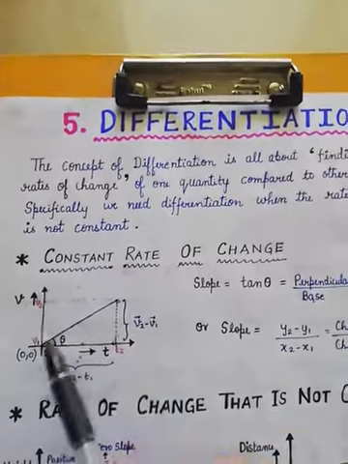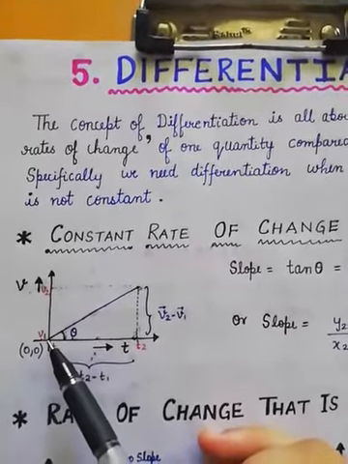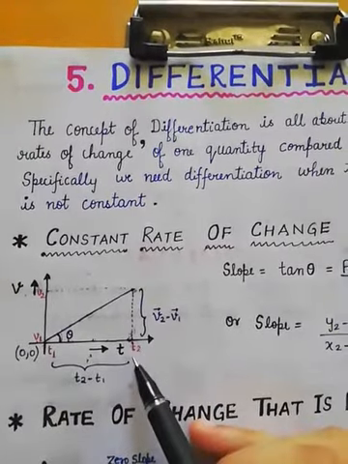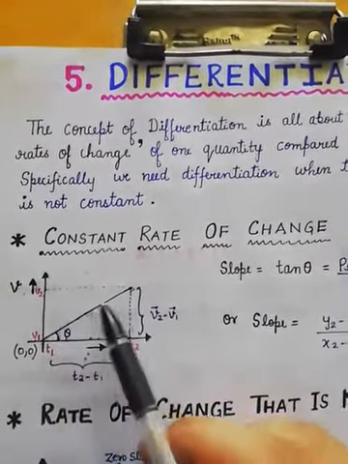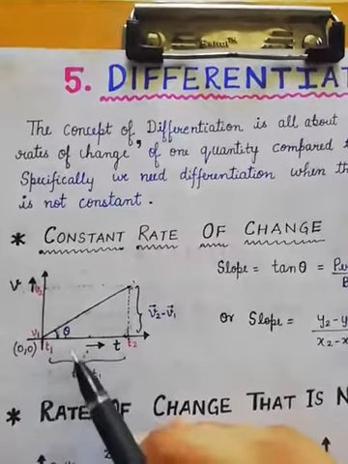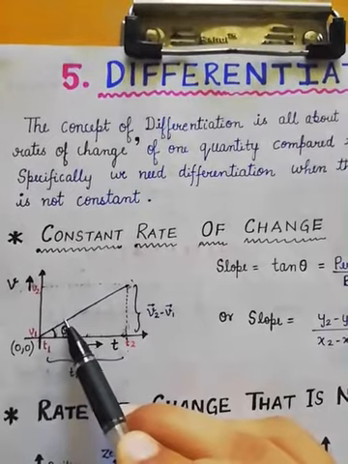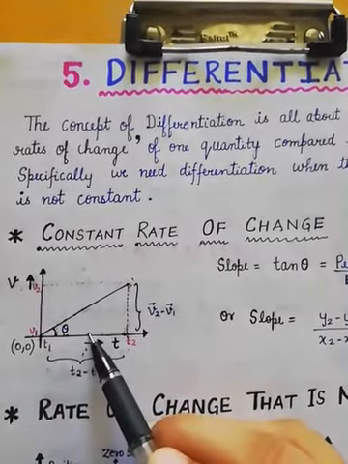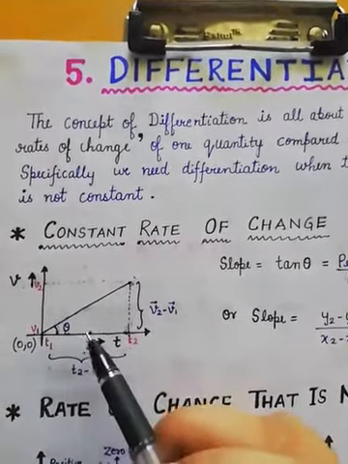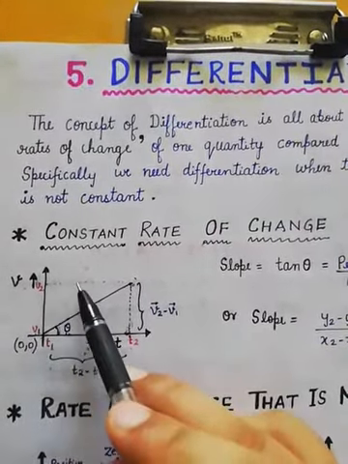All of you know how to calculate the slope of a velocity time graph. If you look at the behavior of this graph here, an object starts its journey at time t equals 0 and at time t equals t2, this is the velocity acquired by this object. But the interesting point in this graph is that, at this point of time, this is the velocity acquired by the object. At this point of time, this is the velocity acquired by the object. So what is the interesting thing in this graph? You find that at equal time intervals, there is equal change in velocity.